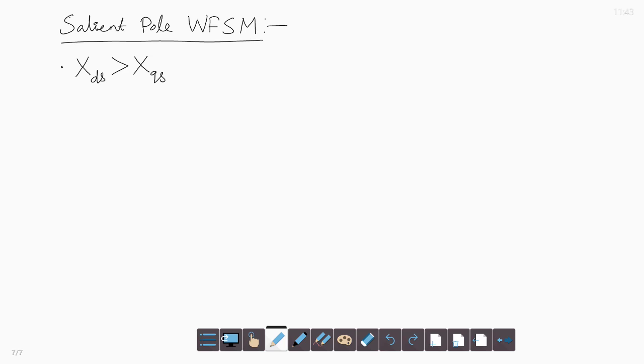And also the stator flux linkage psi s is the field flux linkage psi f plus the reaction flux linkage psi a. So, we will draw the phasor diagram including the flux linkages, but neglecting the resistance. Let us start with